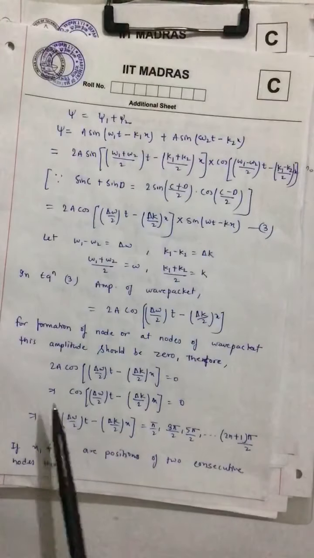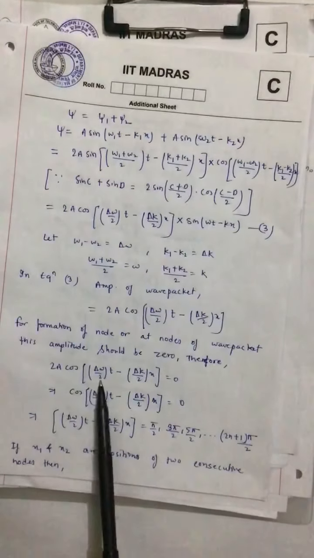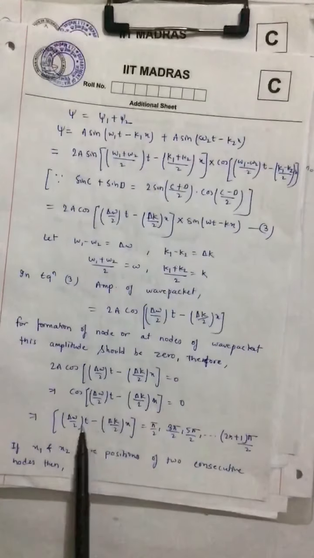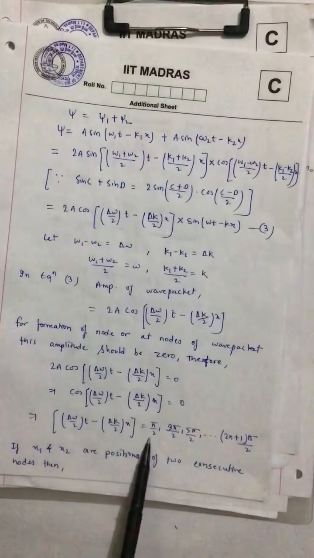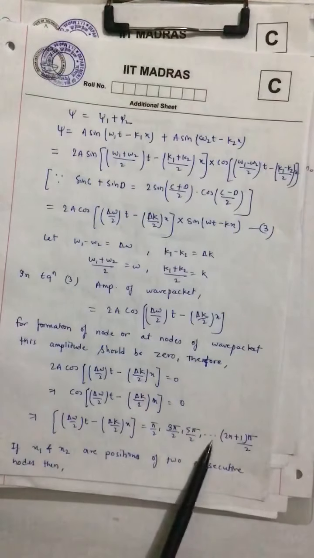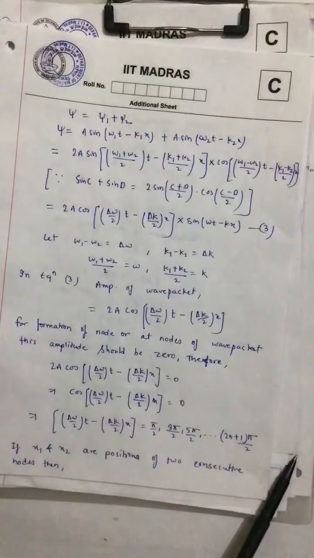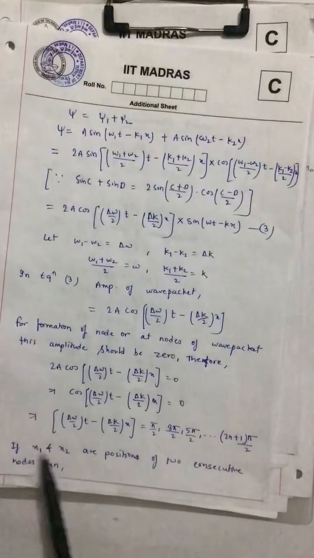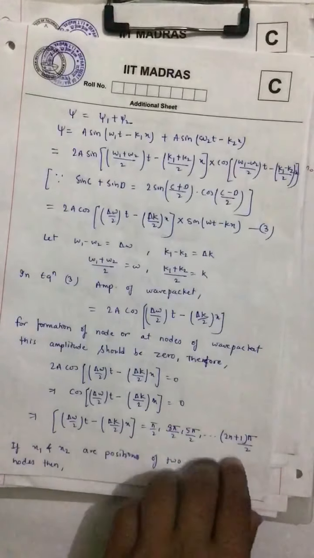So I will use this condition over here, and this amplitude must be equal to 0 at the nodes position. So this thing must be equal to 0 at the node's position, and from here it comes out that the cos function is 0, so the angle must satisfy the odd multiples: π/2, 3π/2, 5π/2, and (2n+1)π/2 terms. So this angle must satisfy these terms, right? Now if I choose two consecutive nodes position x1 and x2, then I will get